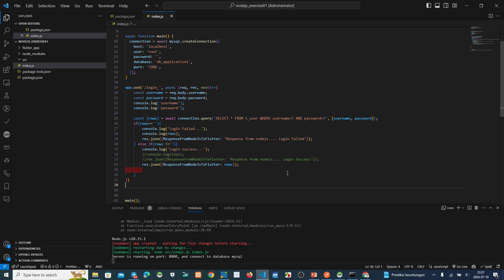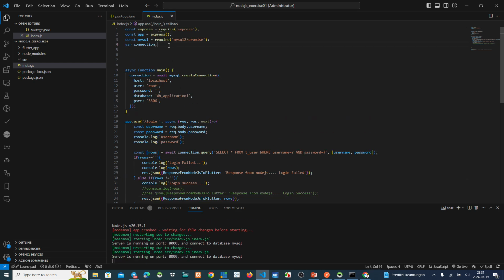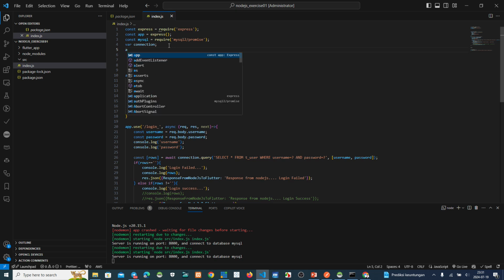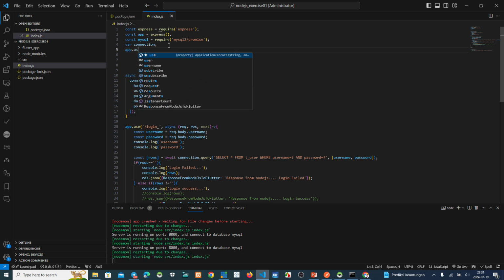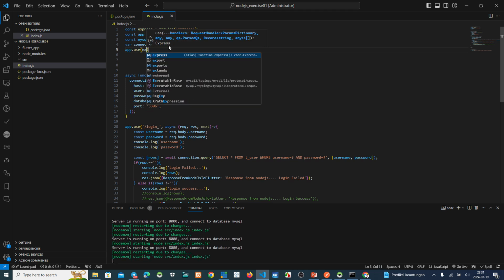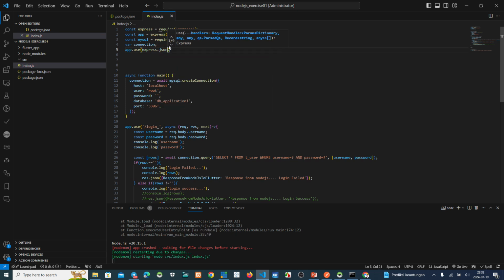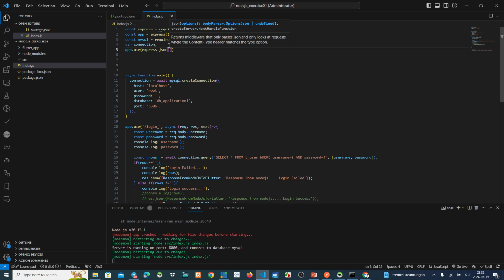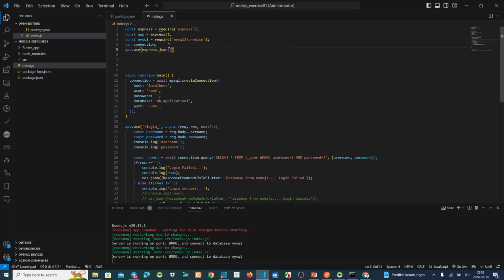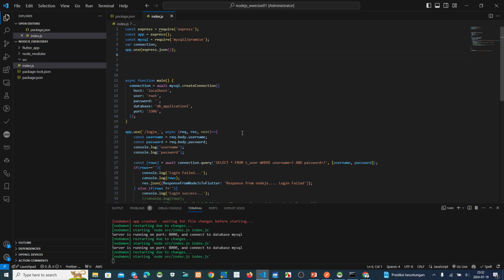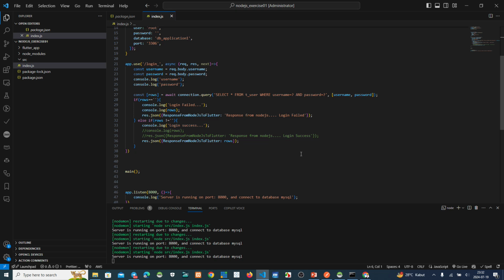But if you want to know the result using JSON, you must use express.json. To allow JSON, you must make the script to allow JSON to be sent from the backend to the front end.